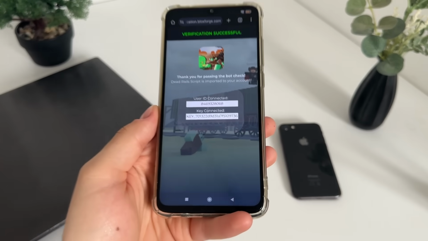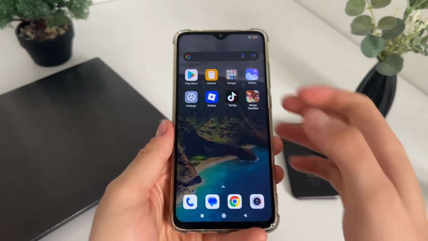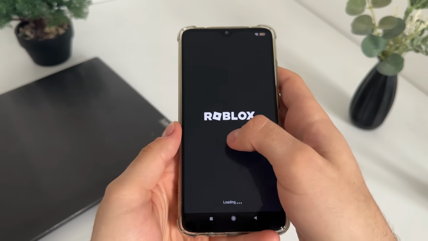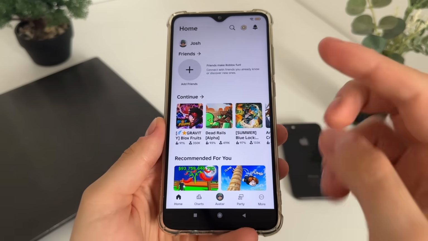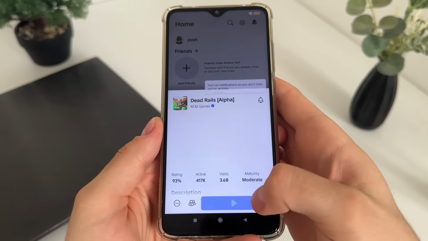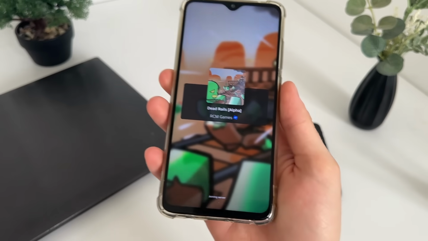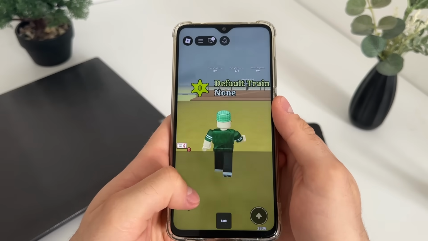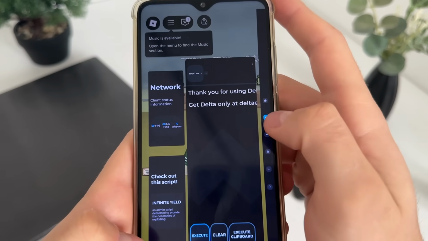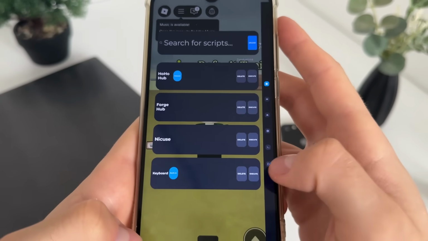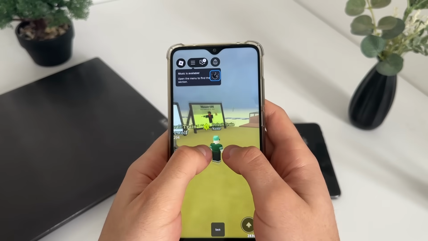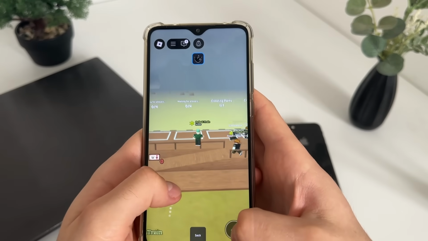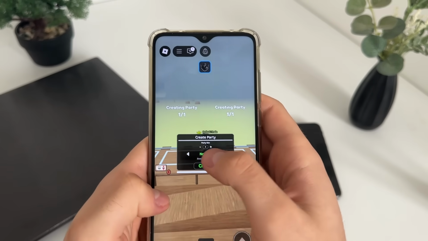So guys, let's test now, does it actually work? So I will open my Roblox and let's test, is it actually working? I mean, all these scripts. We selected 2 scripts, so let's open that, guys, and let's see, does it actually work? Nice, we got our Delta Executor, and there we go, guys, Forge Hub and Niku's script that we selected. So guys, I will now go to single game, and let's go to the game and let's test in game. So I will try to create a party,